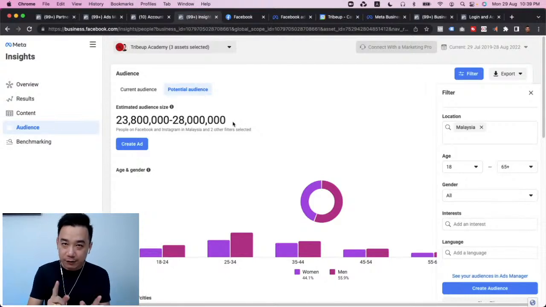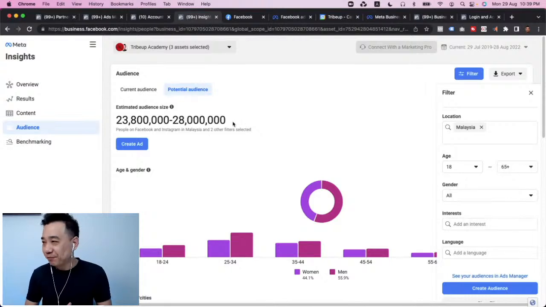Now, the first question a lot of people ask is, what's a good audience size to start? In my opinion, 10 to 20% of the total audience size is viable if you are spending not more than $100 a day. This is a real quick answer. Of course, we have different situations. When it comes to Singapore, with such a small audience, maybe we have a different situation.